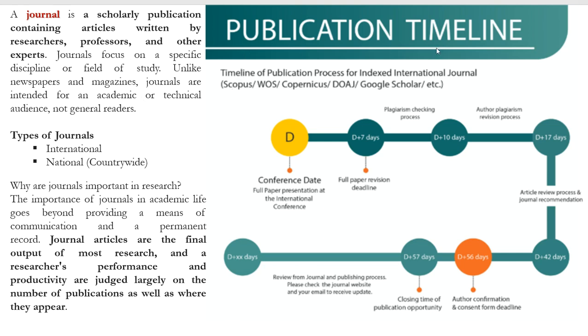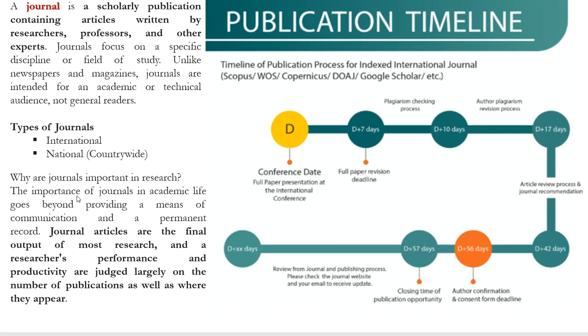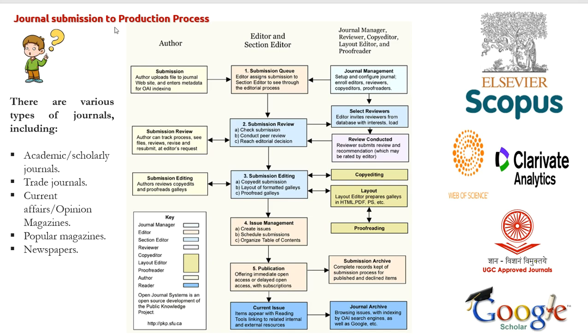here publication comes in this way: day 1 to day X. These are fair factors, I will explain. And there are different types of journals. Generally there are two main factors: international publication platform journals and national publication platform journals. Journals on the publication platform are identified through an ISSN, an 8 digit ISSN. Okay, 4-4, totally an 8 digit ISSN number. This is the journal submission to